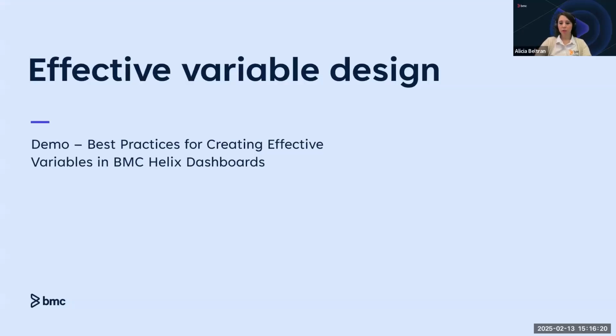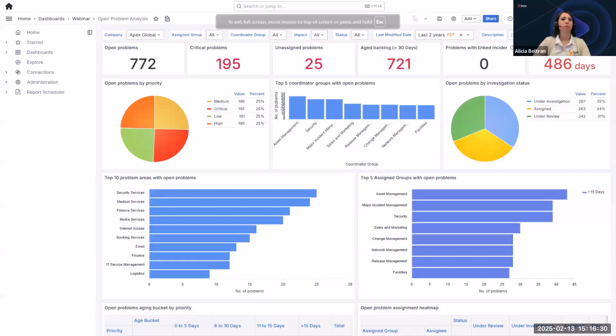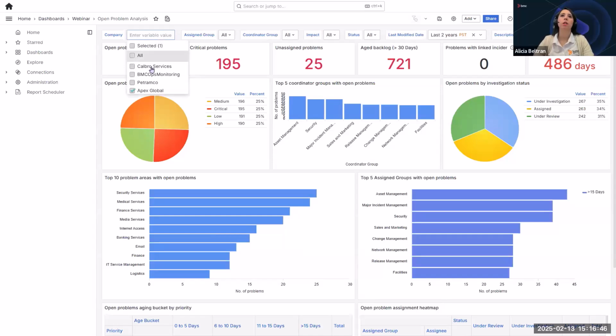In this demo, I will present how to apply all these best practices for creating effective variables. Okay, so in here we have a dashboard related to open problem analysis. We can see that there are predefined values already in here. How to choose this? If we change or select any values,